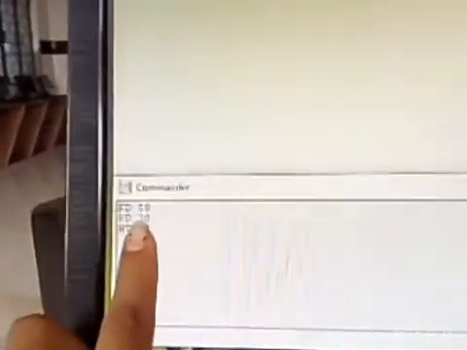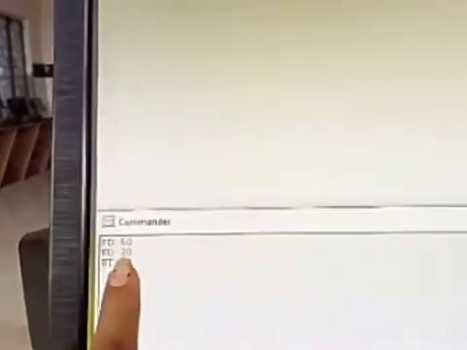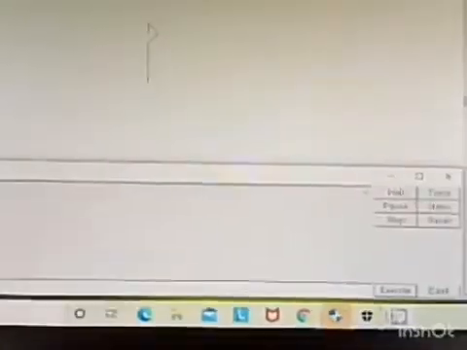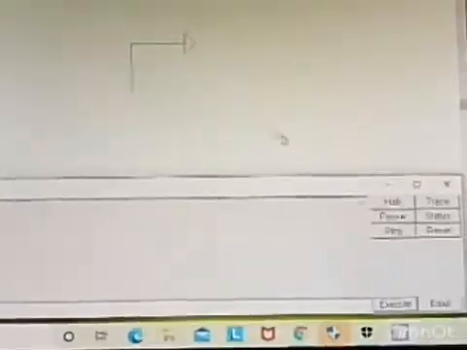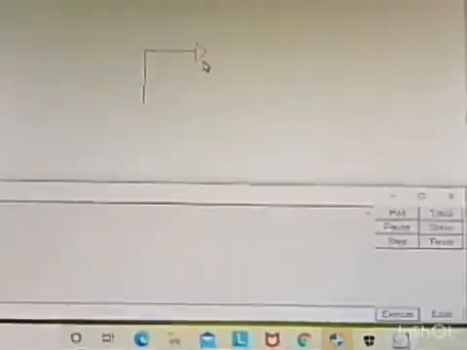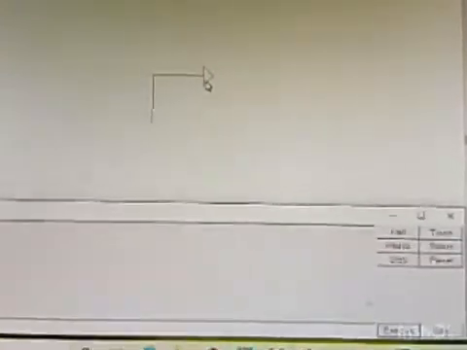Now I want my turtle to go forward again. See, my first command was FD 50, then FD 30. Now again I could do that, or I can directly write FD 80. So if I write FD 80, now we will execute it. So what happens? Let's see. Execute. It moves in the forward direction 80 steps.